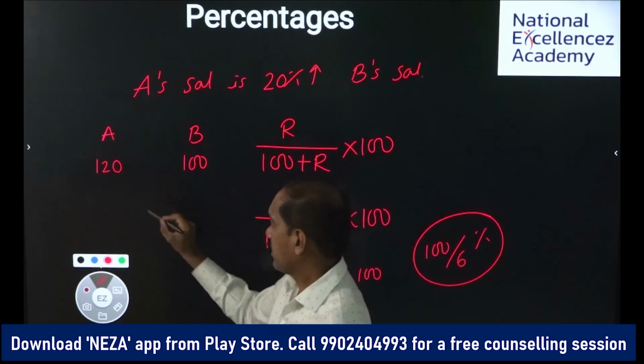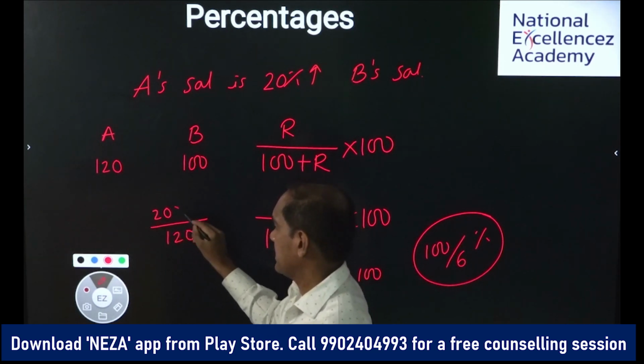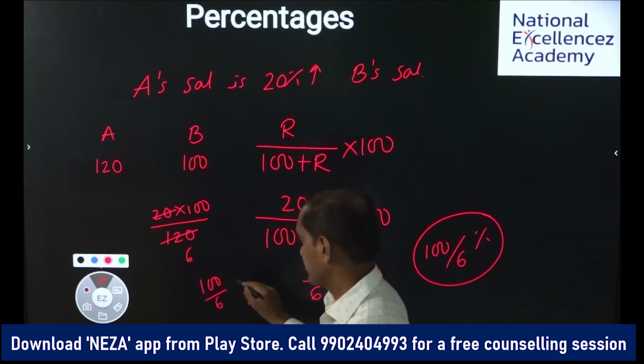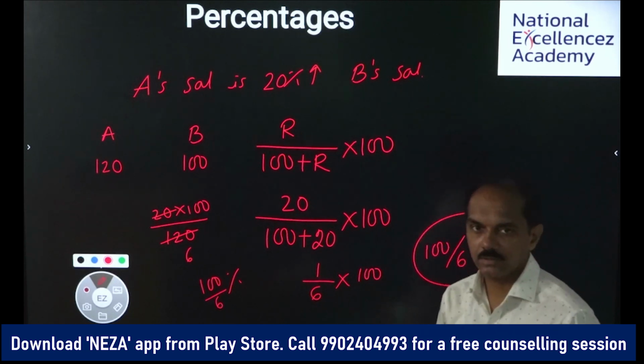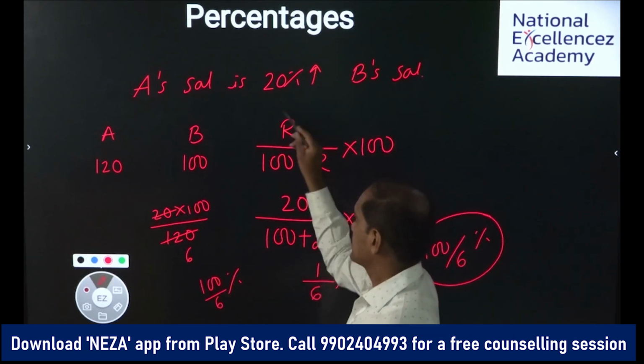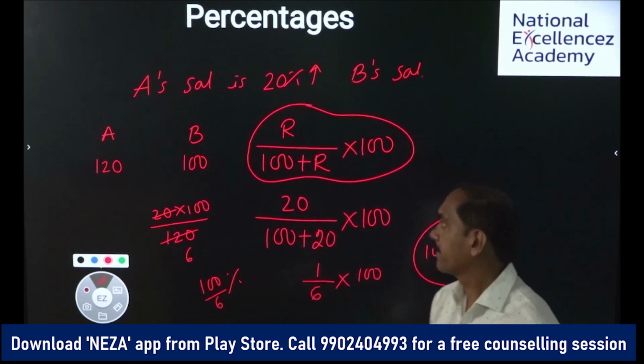So compared to 120, B's salary is 20 less. For every 100, how much? 21s are 26, again it is the same, 100 by 6. Right? So this can be used in both the cases, right? Same way,